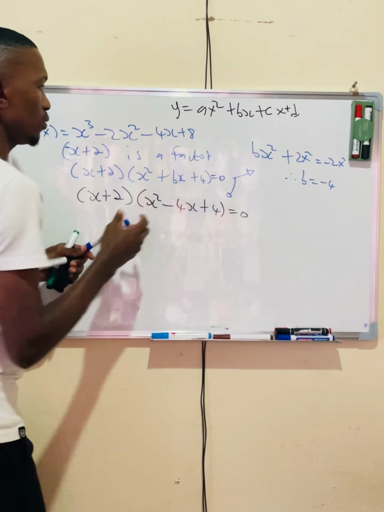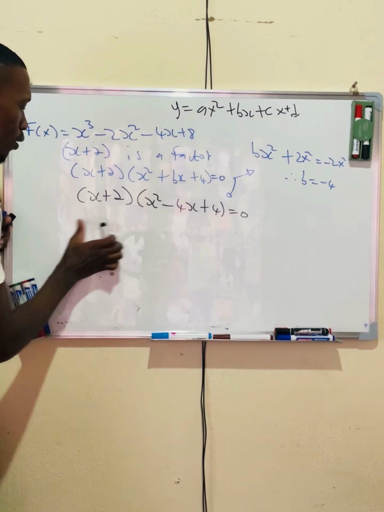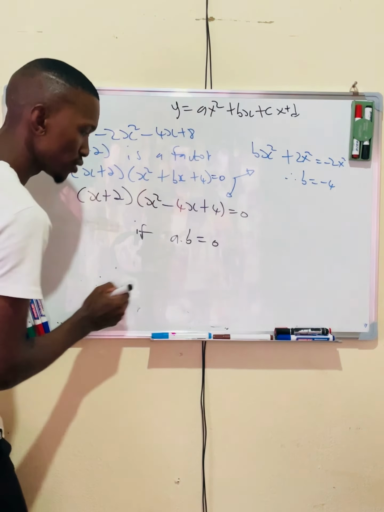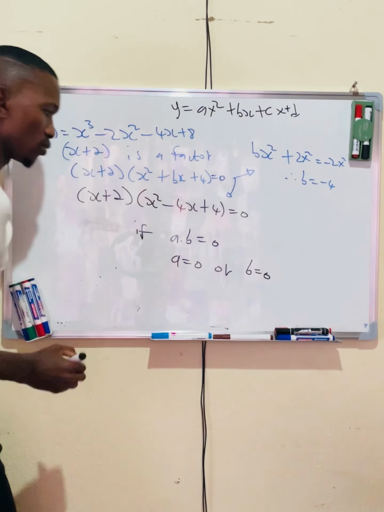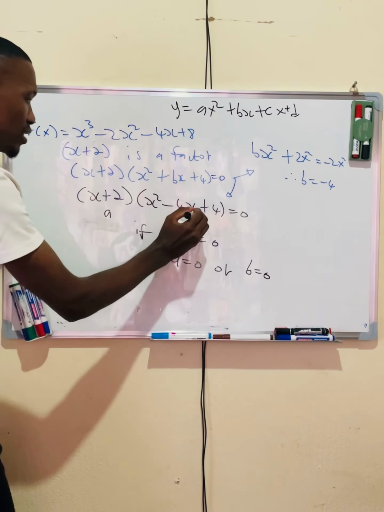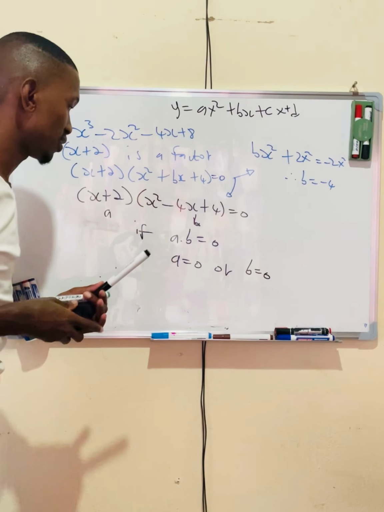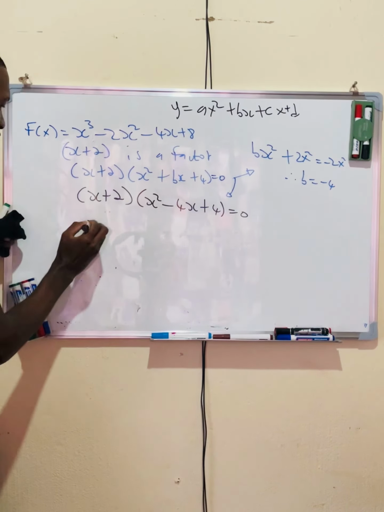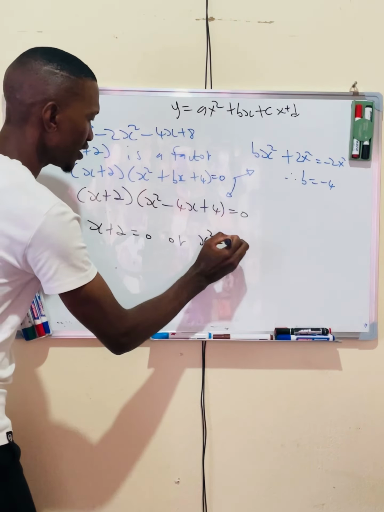Then I'm going to say, remember from the law of mathematics, it says if a times b equals to 0, a will equal to 0 or my b will equal to 0. So this is my a and this whole bracket will be my b. I hope we are all together on that one. Okay, so let me show you my point. My point is that x plus 2 equals to 0 or x squared minus 4x